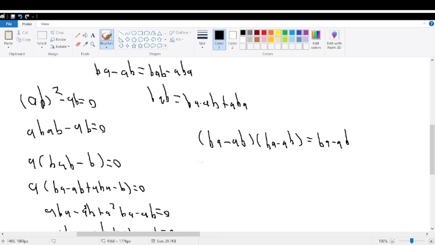So computing this gets us ba squared minus b a squared b minus a b squared a plus ab squared is equal to b a minus ab,